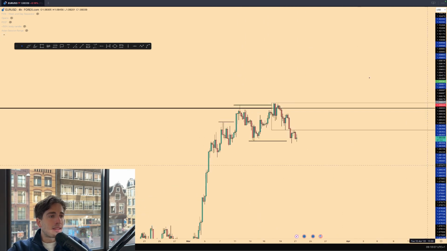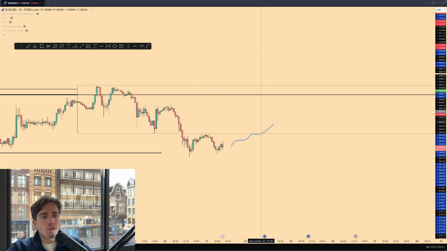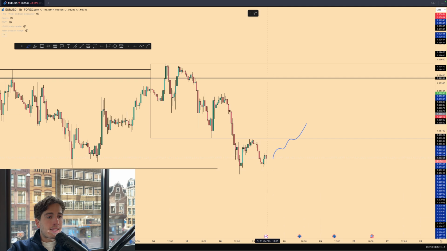What I want to see at this point in time is one more potential sweep in towards the highs, a tap in towards this overall buy before the sell, a grab of that internal liquidity, and then I'll look at the 1 hour time frame to see the 1 hour change of character for that confirmation entry. So what would that look like? Well, that would look like this, where we get, for example, another push up, we break this structural high over here,